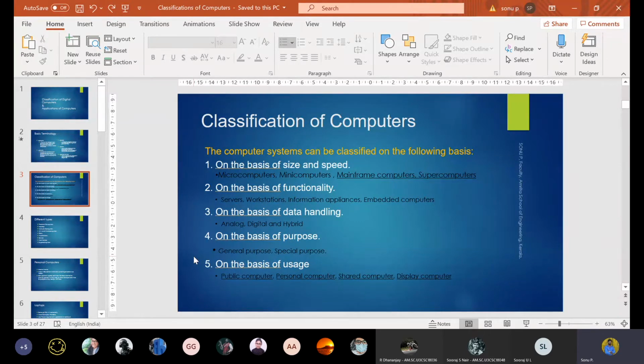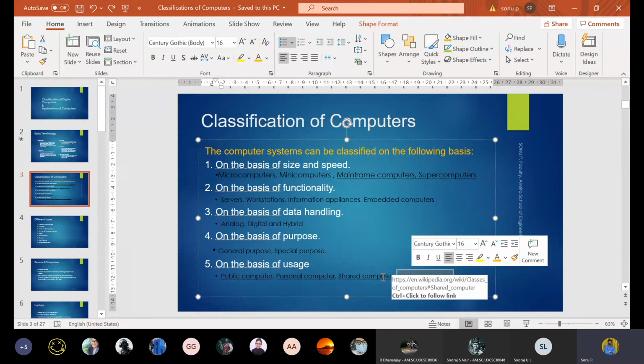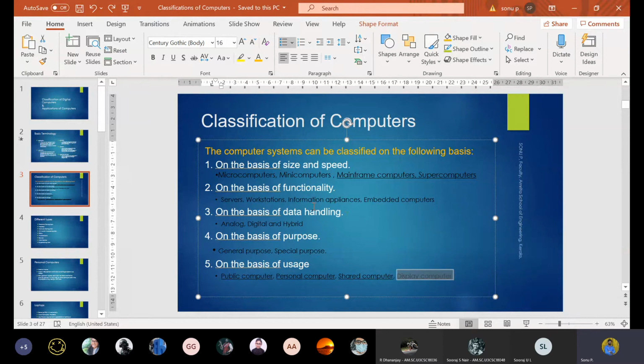That's why any person can access from that computer, communicate, and the shared space will be there in the cloud or the server. That is another category based on usage. And again, display computer cannot be considered a usage category. We already explained it in the case of special purpose computers. Mistakenly, I put it here. We can remove it from here.